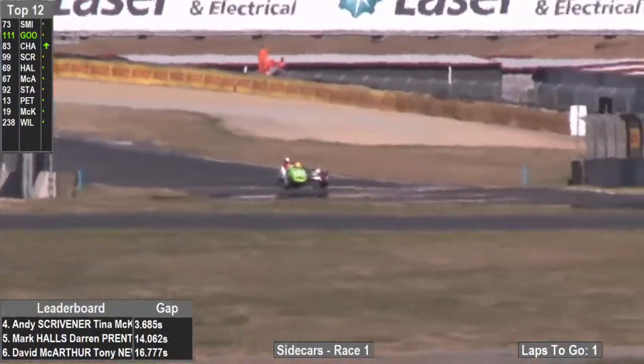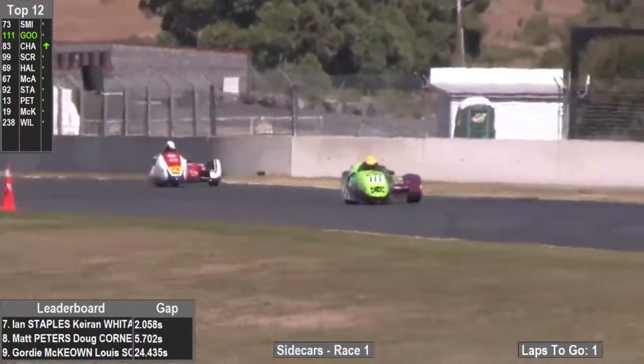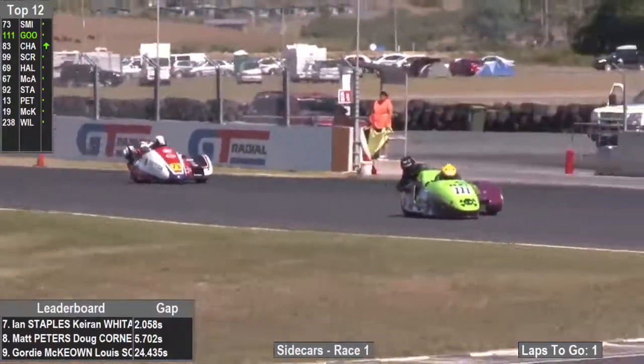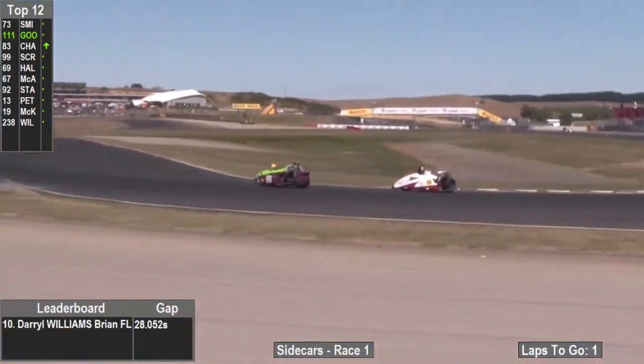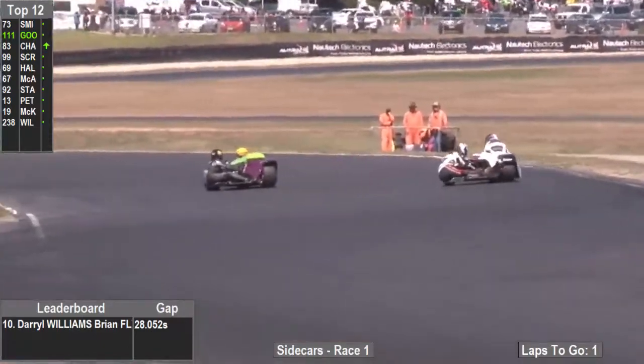Now who's going to be the last of the late breakers as they head down into the Foster's corner? Is it going to be the 600 rig? Is it going to be a little bit more nimbler, or is it going to be the Pirate and Louise Blythe? They're in the front for the moment, and they've got the advantage, and they've held it. Yeah, Barry's good through this, but Barry's really fast through Kev's Carousel and into Swampy Curve, so we'll have